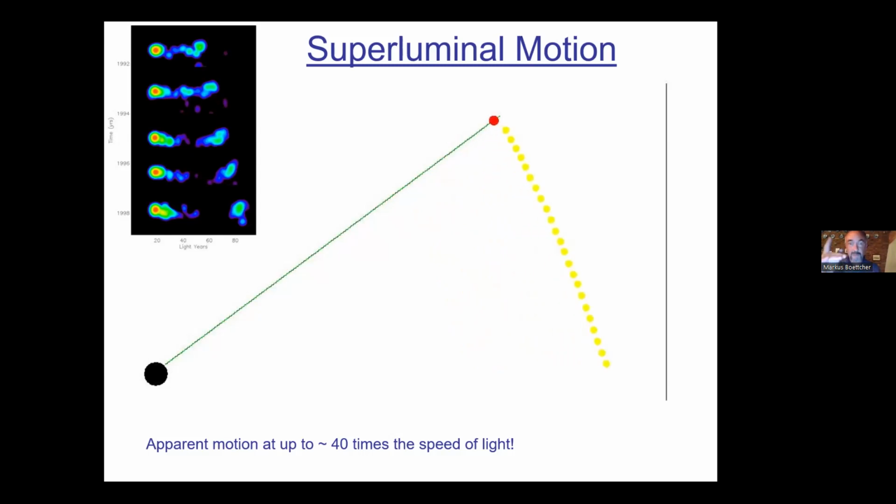Now, seeing the same motion on a shorter time means we see a much larger velocity than it actually is. But this really tells us that we're dealing with things moving along the jet with Lorentz factors of 10, 20, 30 or so, and moving almost at our line of sight. And that means that all these weird relativity effects of beaming and boosting so strongly enhance the radiation that we see. And this is why we see these as so bright gamma ray sources.